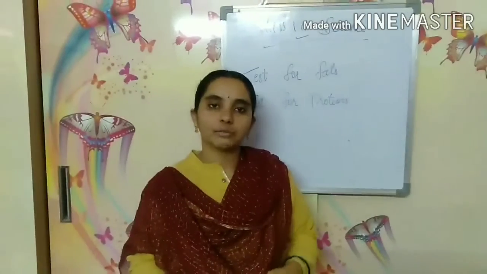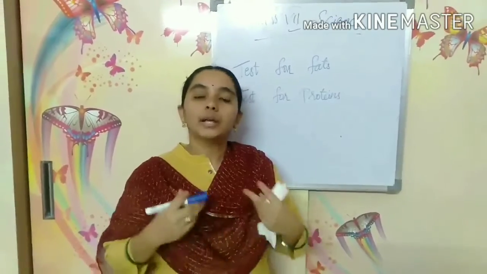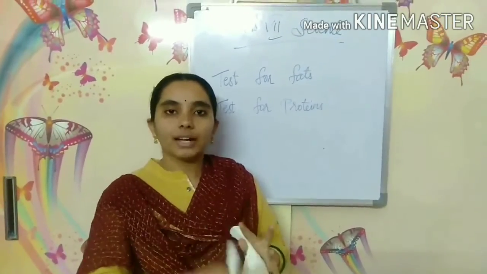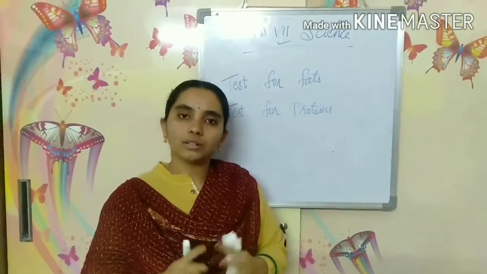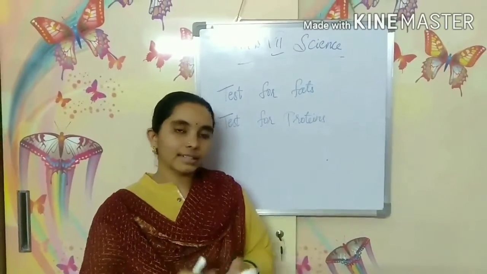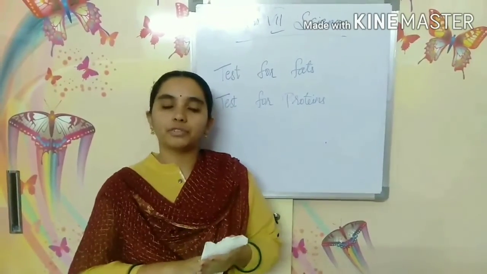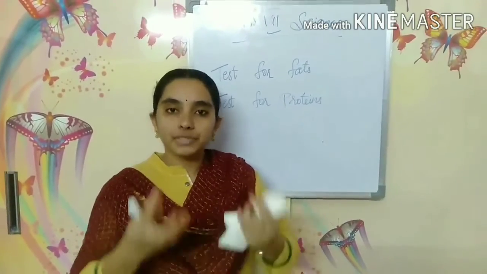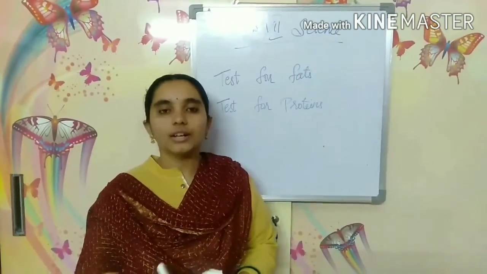So fats are nothing but oil substances that are present in our food. Oil is also very important for our body in small quantity, but oily foods and deep fries are not very healthy. So oil is also an important food item for our body. So this is the test for fats using paper. You take any paper, put the food item on it and press it gently, then you can observe the paper absorbing the oil and turning transparent. So that is the test for fats.